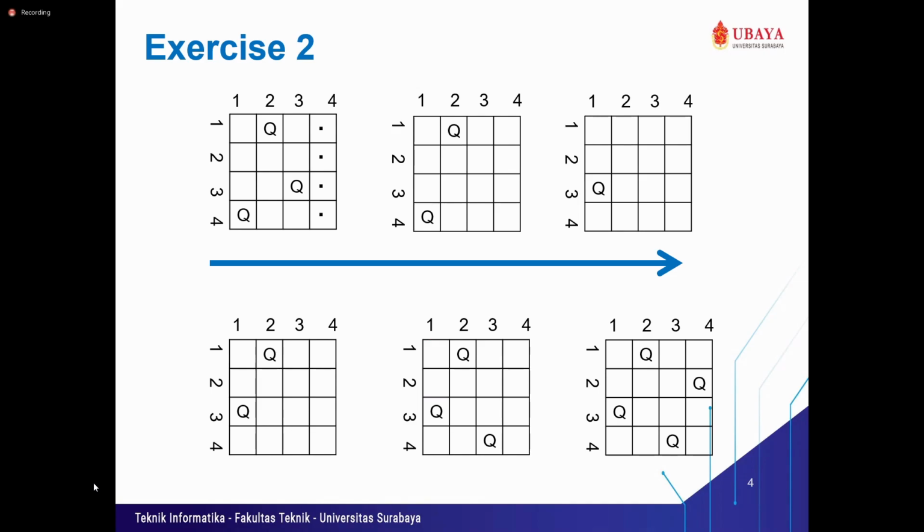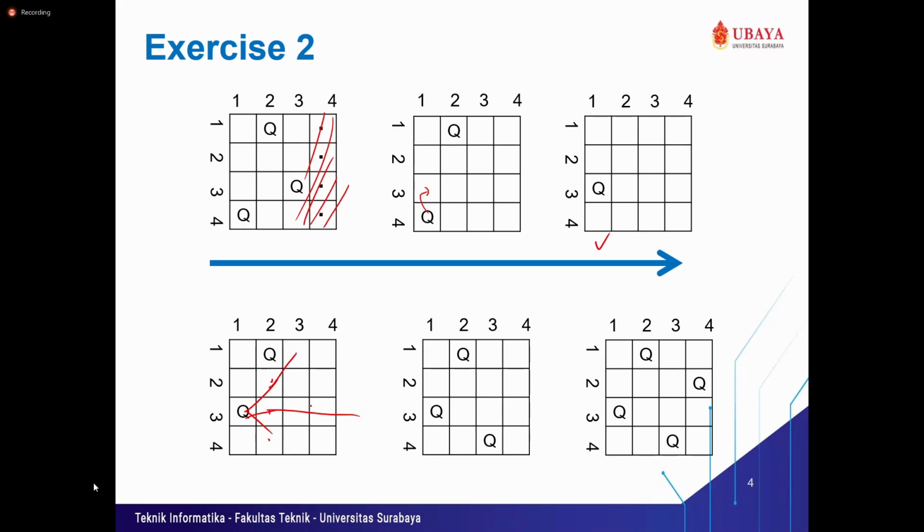Next, exercise 2, the queen one, right? So we are continuing from this. We tried the first one, but it died. There are no more possible moves. So we have to backtrack, and because everything cannot do anything anymore, we move it to the second, where we get this. Then we try it from the first. No, we can't. No, we can't. No, we can't, because it's in the direct line of the first queen.